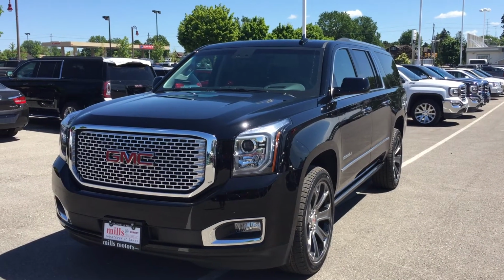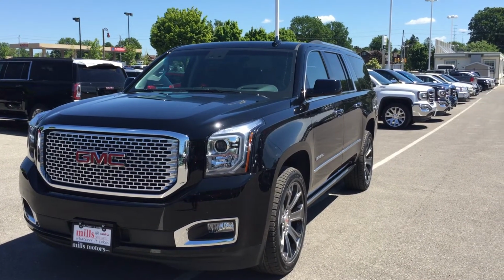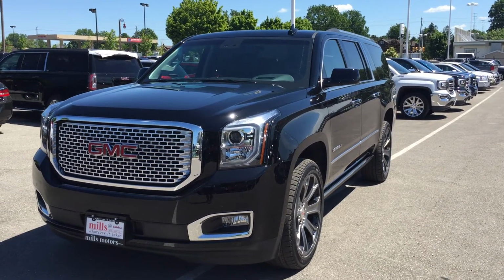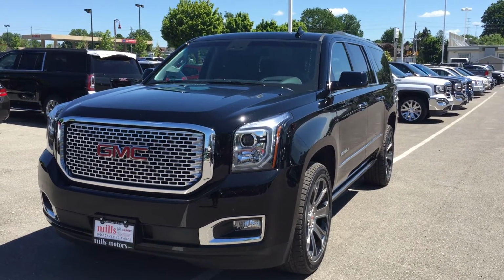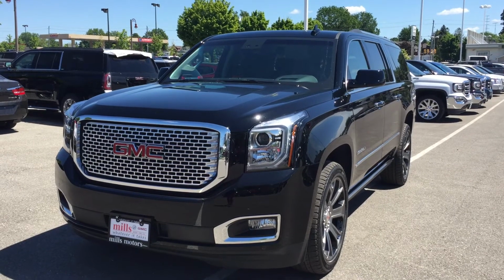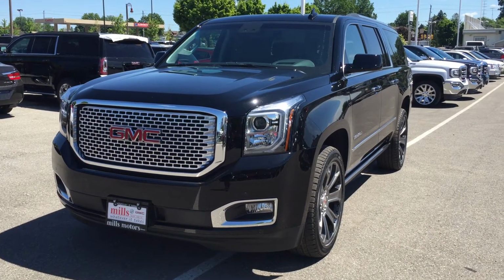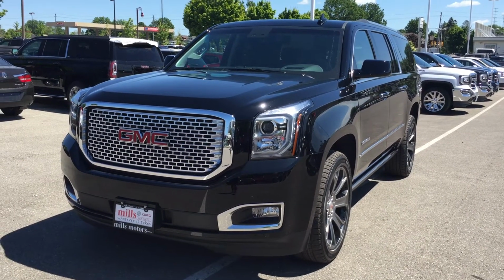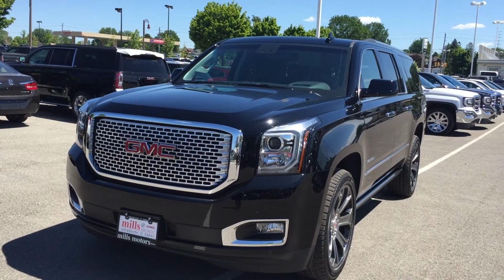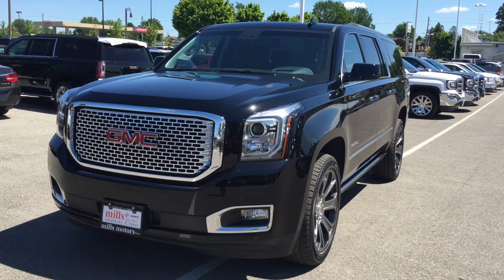What a gorgeous vehicle inside and out, folks. And it does not stop with the looks, because it is also equipped with the safety and connectivity of OnStar, as well as having its own 4G LTE Wi-Fi hotspot, which does mean that you can connect your mobile devices to it whilst in the vehicle, which will help move time along very quickly when you are going on some of those longer rides. Now, ladies and gentlemen, this is the stunning 2016 Yukon XL Denali 4-wheel drive, shown here